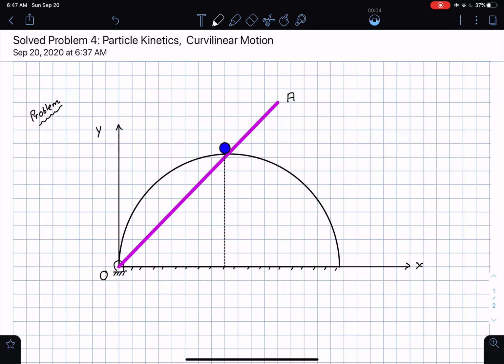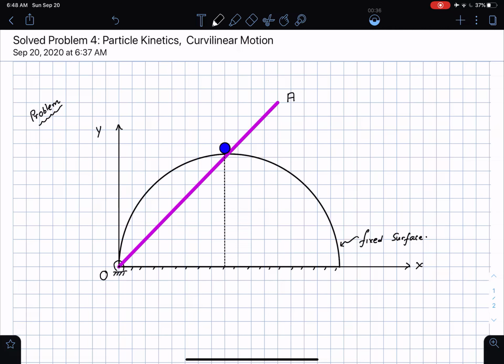So we're going to be solving a problem on particle kinetics, and this is going to be in the curvilinear system. Okay, so here is the situation. First of all, we consider this fixed semi-cylindrical surface here. Okay, so this is a fixed surface. So I'm just going to label it. Fixed surface, and then I have a pinned point at this point O, and then I have this rod OA,